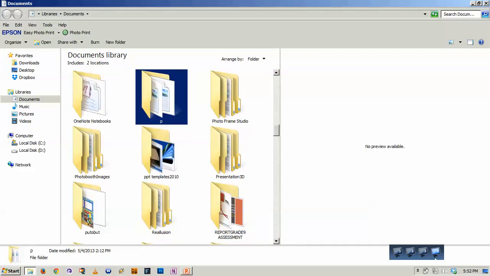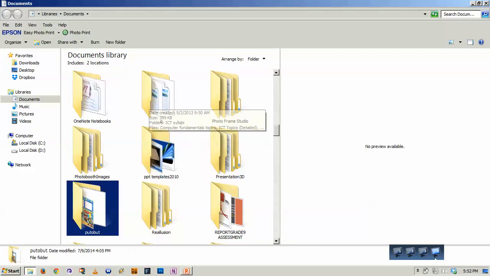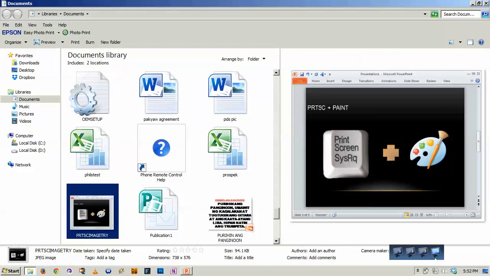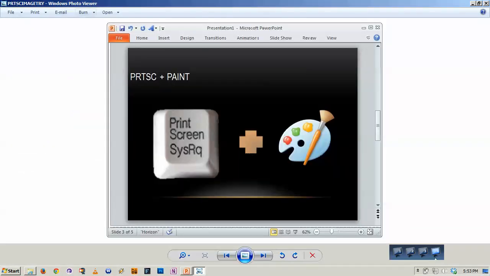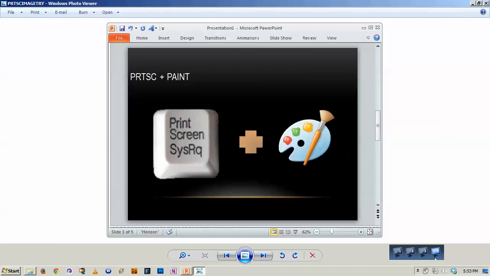Let's type P. So it will bring you to all the files that start with letter P. So there it is, the image that we print screen. So JPEG file, let's open it. Then there it is, the image we've captured using print screen.